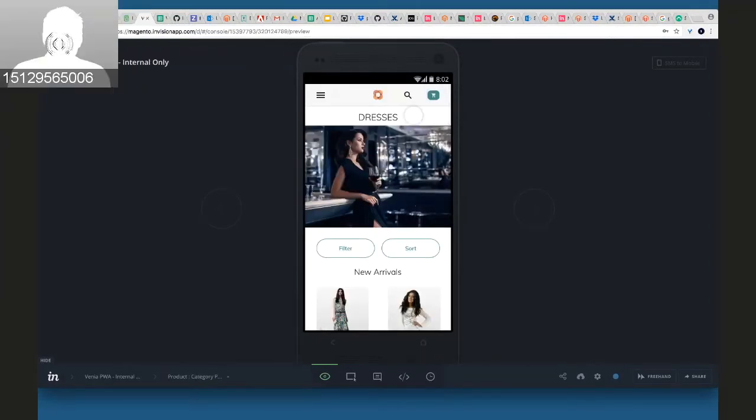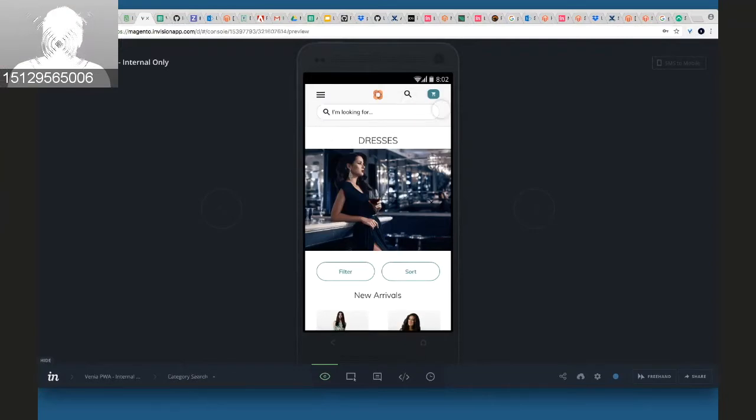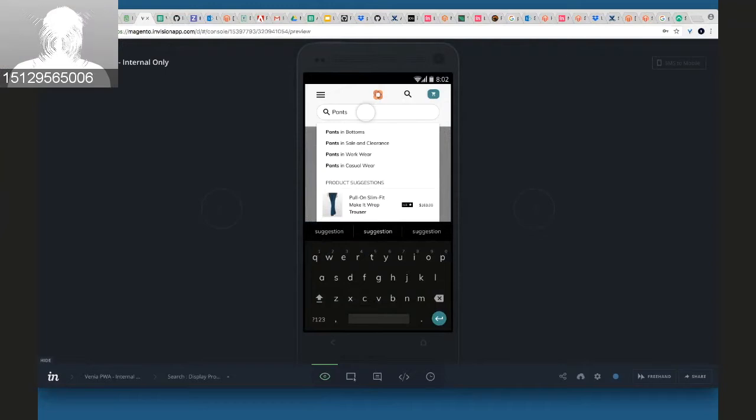So here with search, what we landed on was that the search would always be collapsed. Clicking on the search icon would summon the search bar. When you entered a search term into it, the future vision is that it would show you keyword-prompted results as you were typing, as well as maybe any product suggestions. For now, the functionality is going to be entering a search term and then hitting done